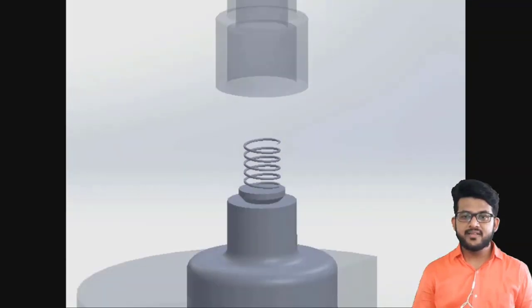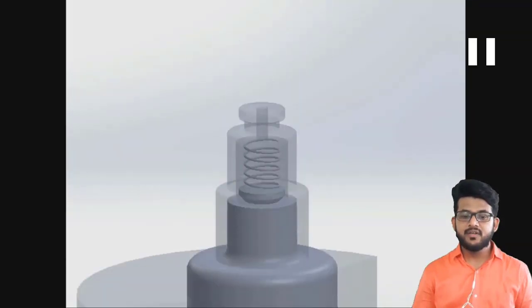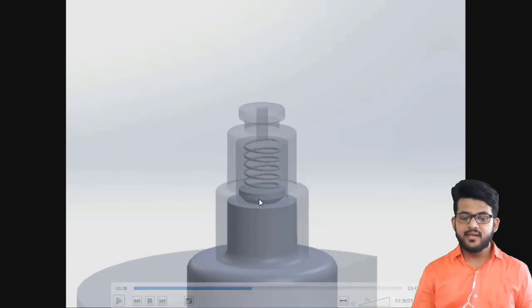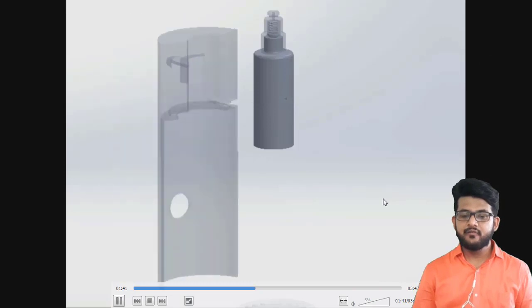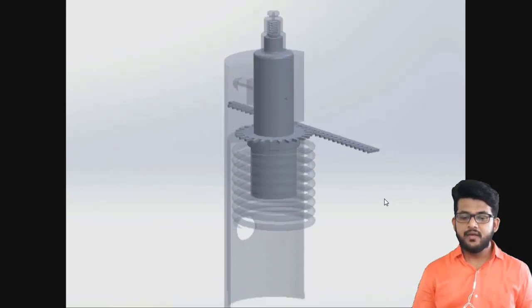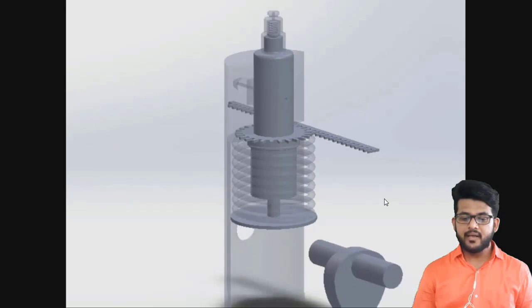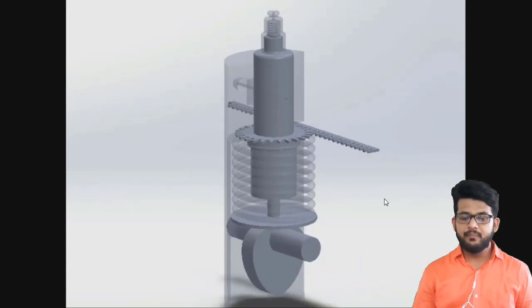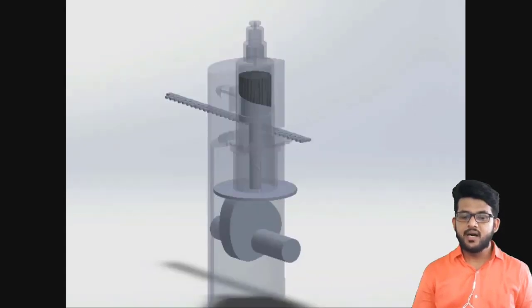So here you can see how it is constructed, our outlet. There is one seat, you can see here. This seat is fitted here, so it will be pushed up, and when it is pushed up, all the fuel which is in the down portion of it will come outside, and now it will go to the outlet. Fine. So this is how it works. So now it is the assembly of this whole pump: sleeve, then rack, then spring, cam follower and piston. Fine. So this is how it works.